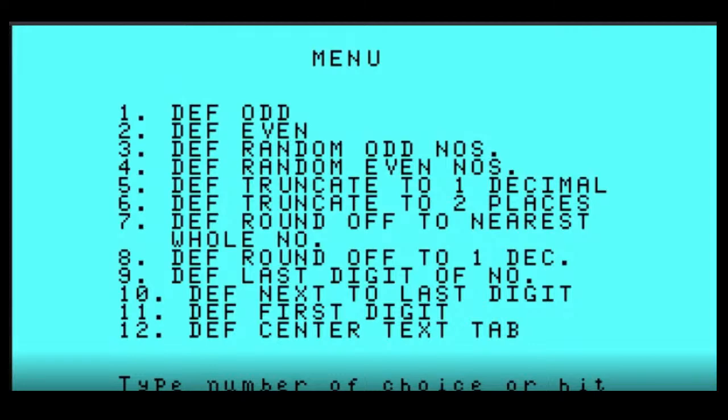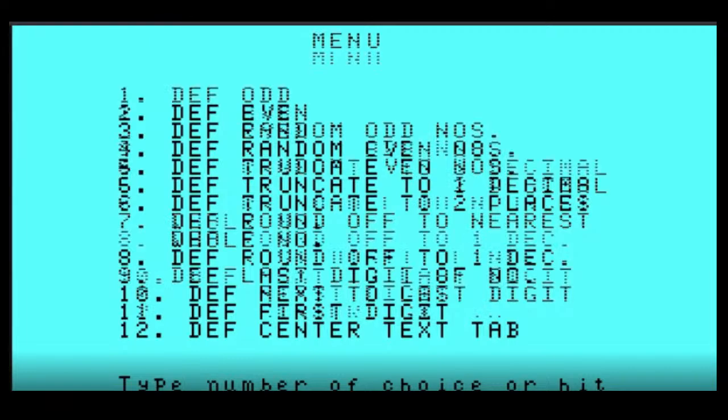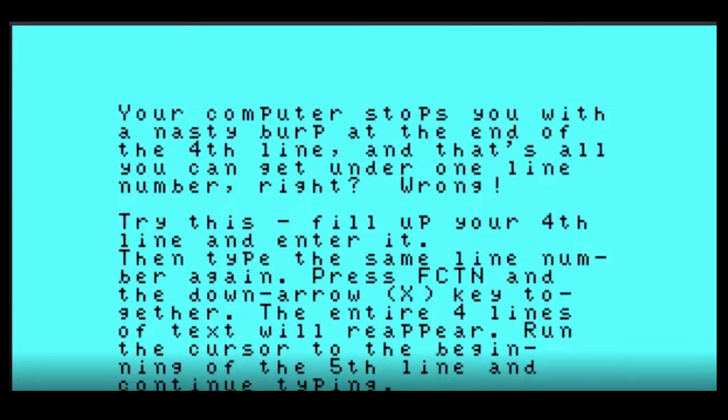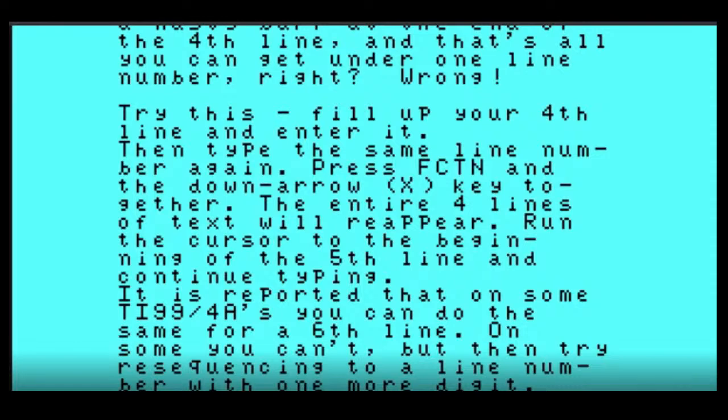None of my selections seem to be working here. Well, T works. Or the computer stops you with the nasty burp at the end of the fourth line. That's all you can do.